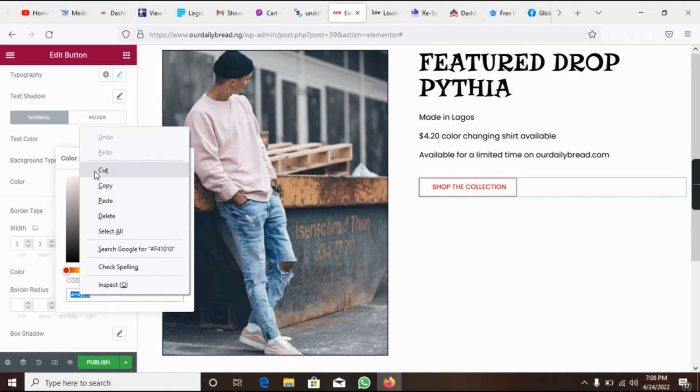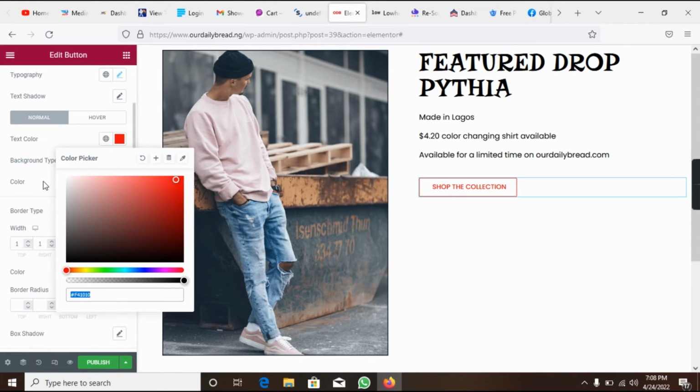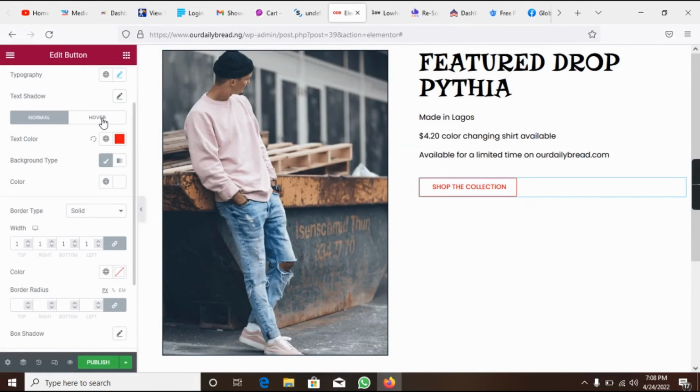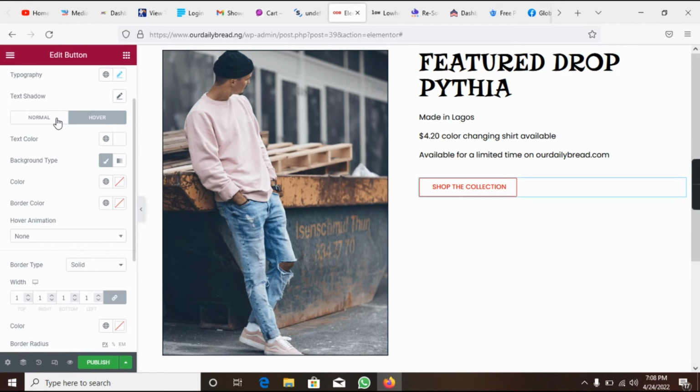I want it to be the same copy. There's something you can do. You can register your color here. Maybe you took a color from somewhere. You can create a new global color. Just come here. You can name the color red. Okay, create. So as I created the new global color like that, once I come here, instead of me to copy and paste,